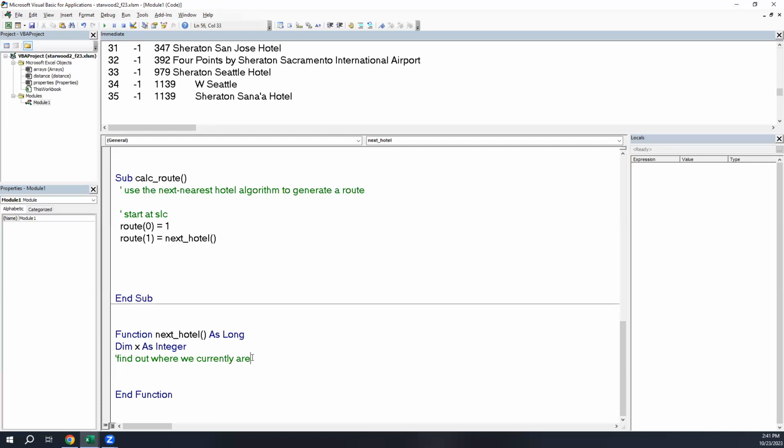All right, so I'm going to do this. I'm going to say for x equals, now what did you say? You said start at the bottom. So I'm going to start it at the UBound of route. So that'll be 35 in our case that we're running right now. To,